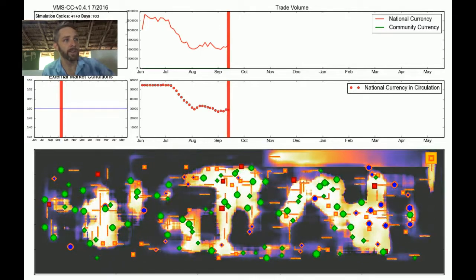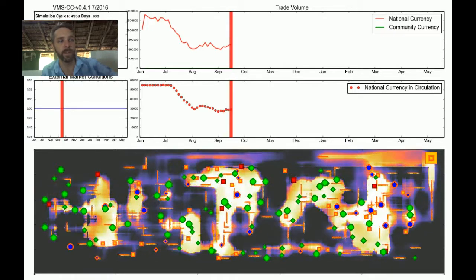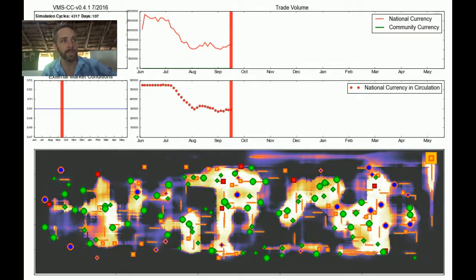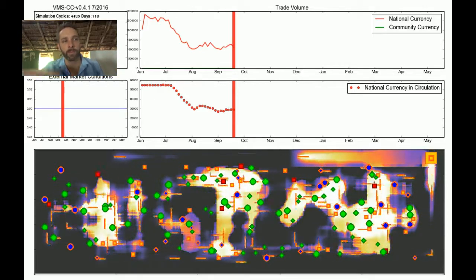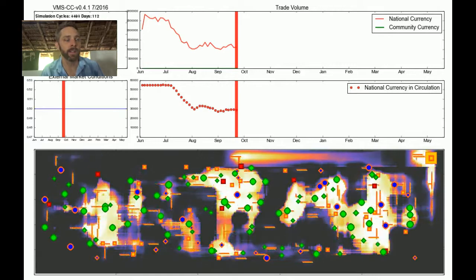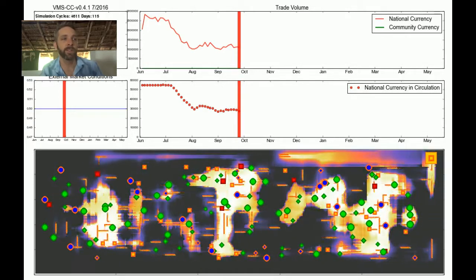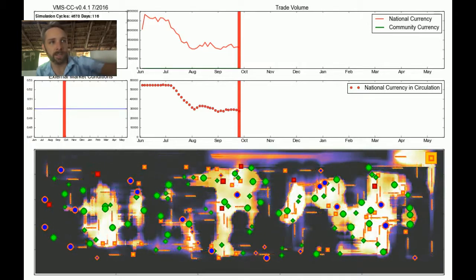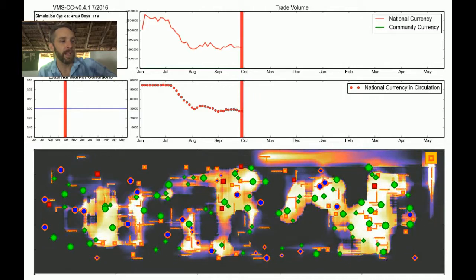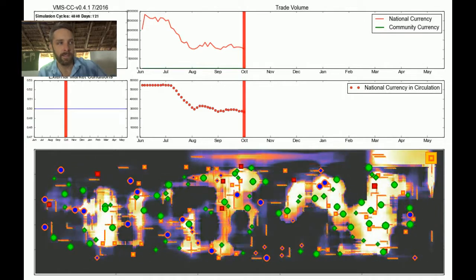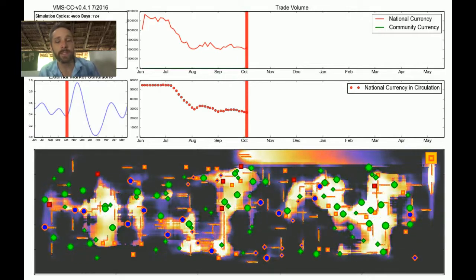And so as this goes on and on, eventually there's some stability between the two. I mean, trade has dropped a lot and the amount of currency has dropped a lot, but still there's a bit of a balance. So as there's less and less money, more and more people become exporters. The amount of trade is shifted closer to the external market, which is the orange spot there on the top right. And this is kind of life as usual, except we haven't added one important thing, which is that these